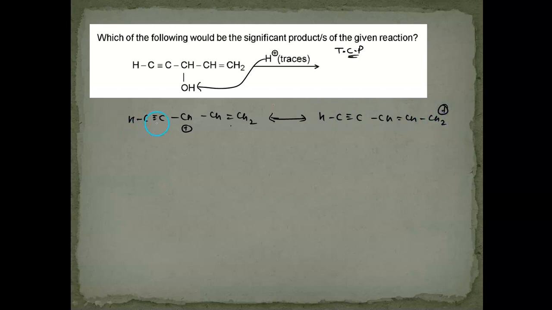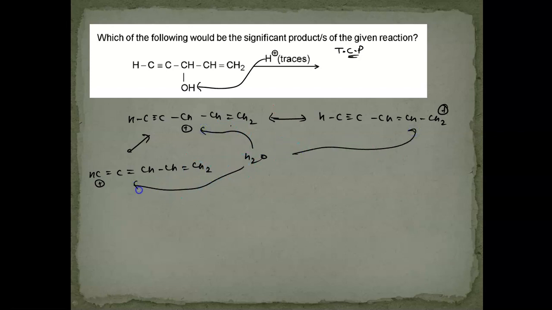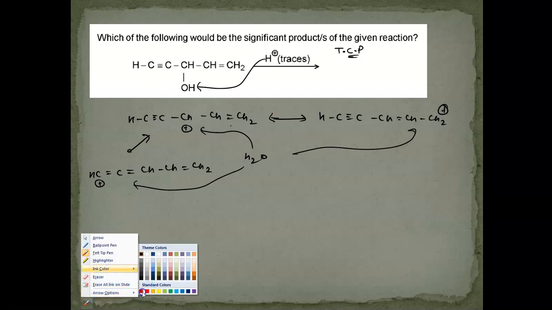And if there is a delocalization from the triple bond from the left hand side, it would be something like this, H double bond C double bond C. This would be plus over here, and this is CH double bond CH2. Now water is going to attack. Let us say it attacks over here, here and here. Let us try to analyze the products and see which of them is the stable one.